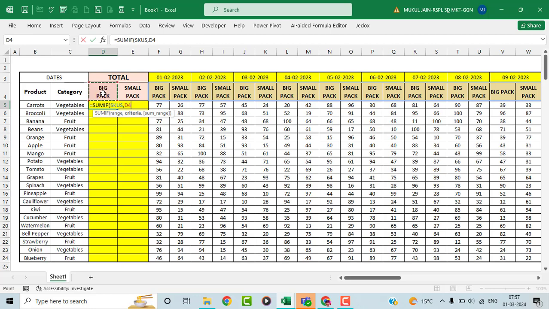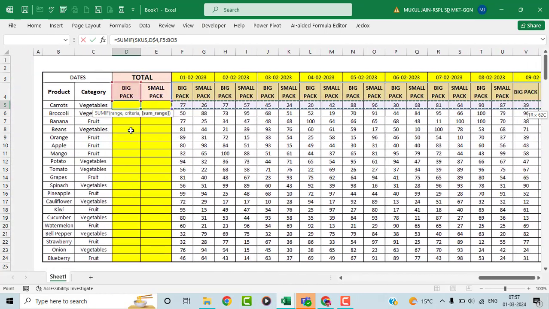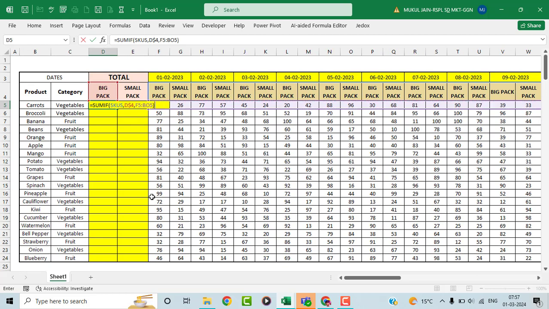D4 because I have to sum only big pack. And you can put a dollar before 4. Now you have to put a comma and just give the sum range. The sum range is F5 to BO5, and then close the bracket, hit enter,